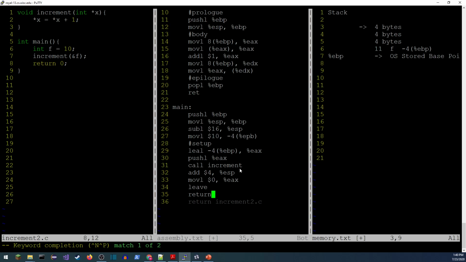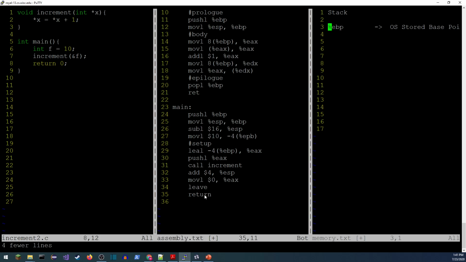Now, leave, return. So the leave will take these four numbers we've reserved space for, the 16 bytes there, and just basically take the stack pointer, which is pointed to the top one, and set it so that it's pointed to the same location as the base pointer. So that's going to take these lines right here and delete them like that. And then when we call return, it's going to return control. The base pointer gets reset. The return value gets called, and that's a return value to somewhere in the operating system when we do this from main.